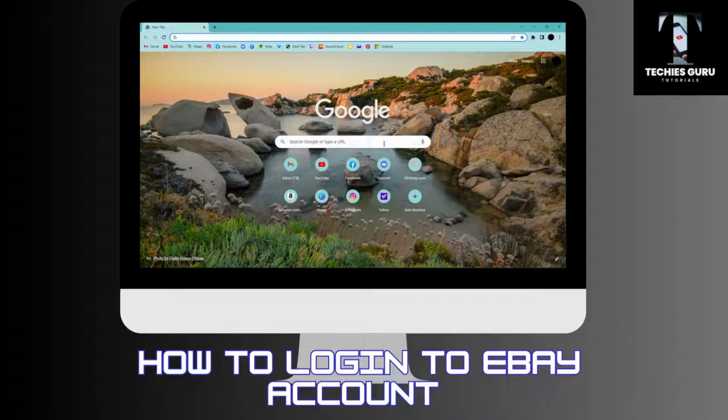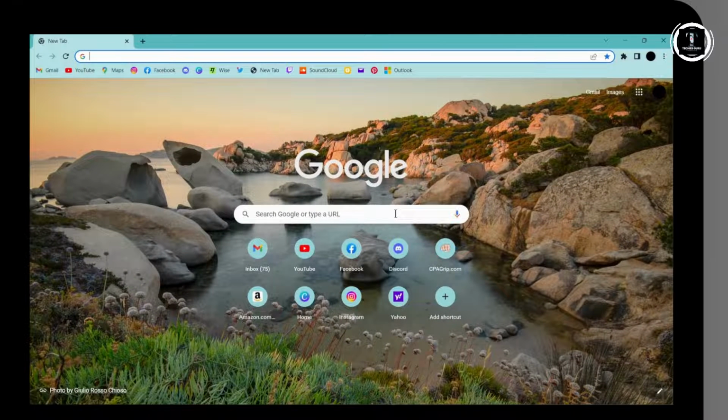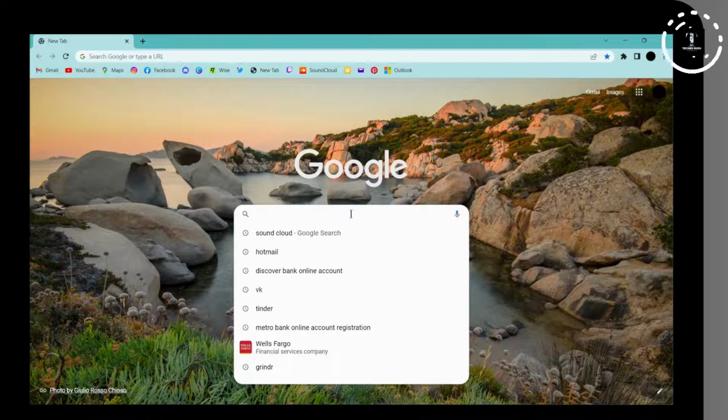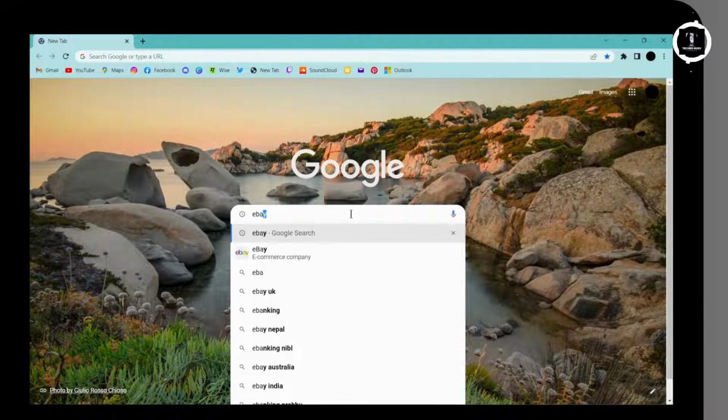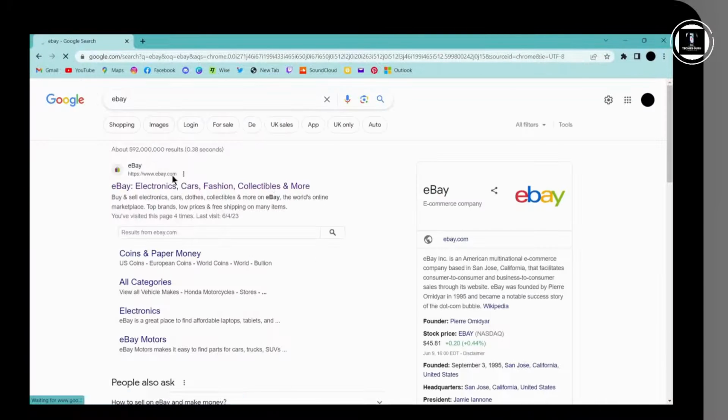How to log in to eBay account. So to log into your eBay account, first you have to open up a browser, any browser that you are comfortable with. I'm here with Google Chrome browser, and now on the search bar, search for eBay. And on the first search, you will have